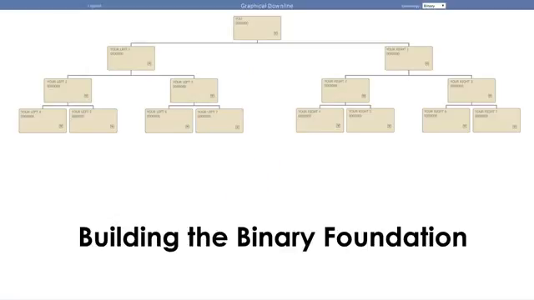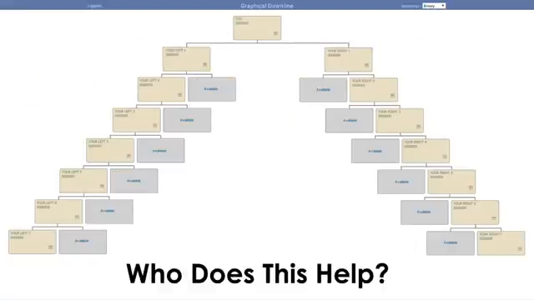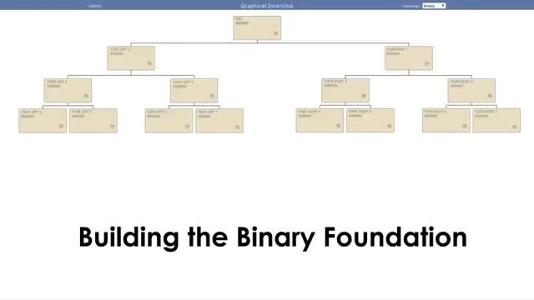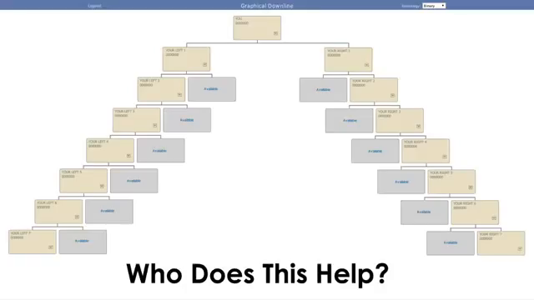So again, how do you get this type of structure? If you don't know how to do it any different way than the default way that Total Life Changes shows you, I'm going to show you very quickly how you make this structure happen as opposed to this structure. And so